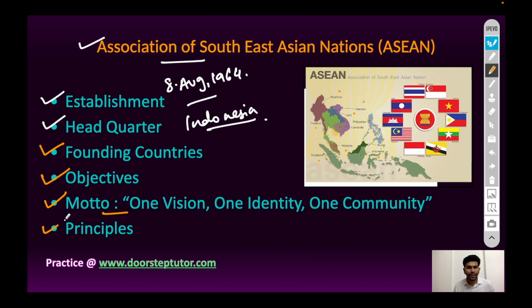So what are the principles of ASEAN? Not to interfere in each other's internal affairs, settle disputes in a peaceful manner, effective mutual support, protection of regional stability, national identity and sovereignty of all countries, and to promote mutual respect, equality, and freedom among member countries.